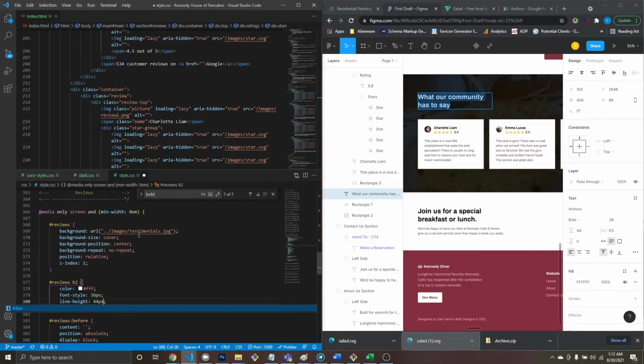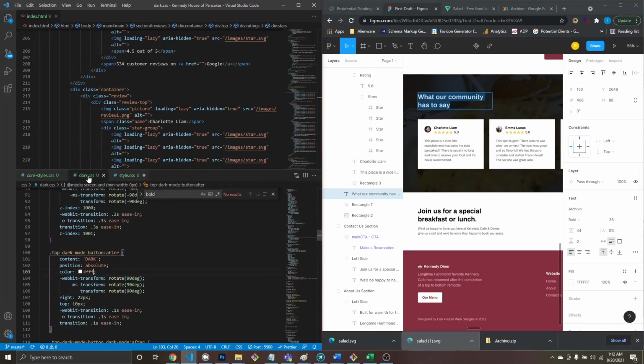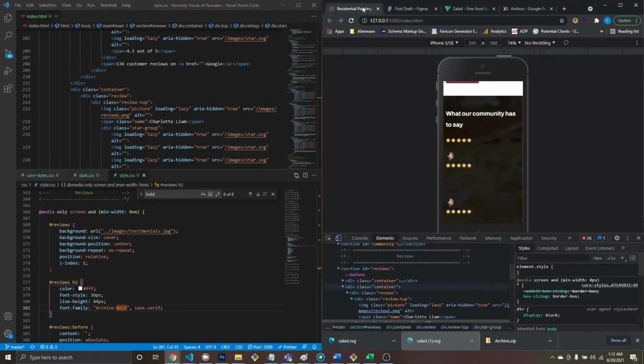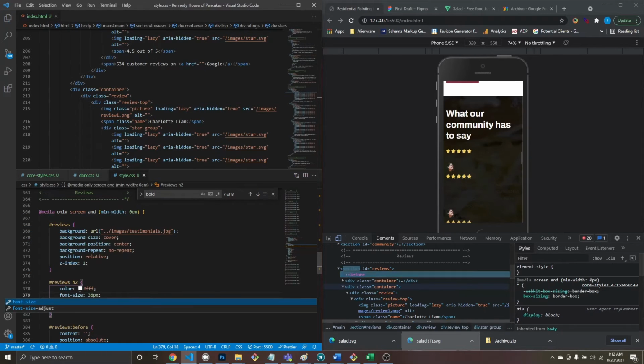And that's going to be Archivo bold. Ah, style. No. Size. Okay, and